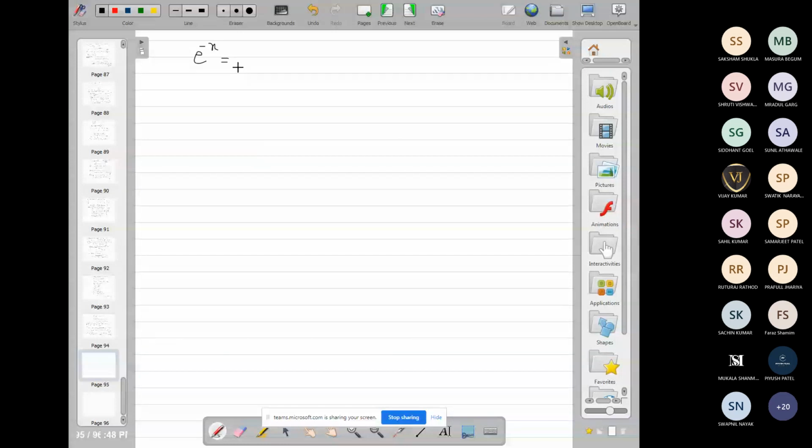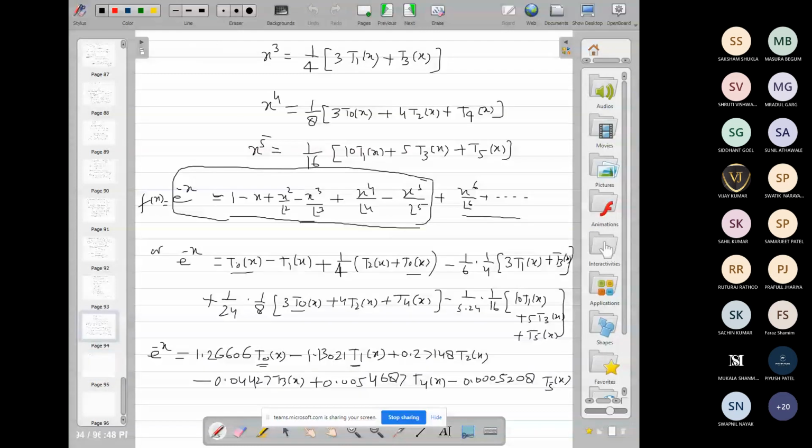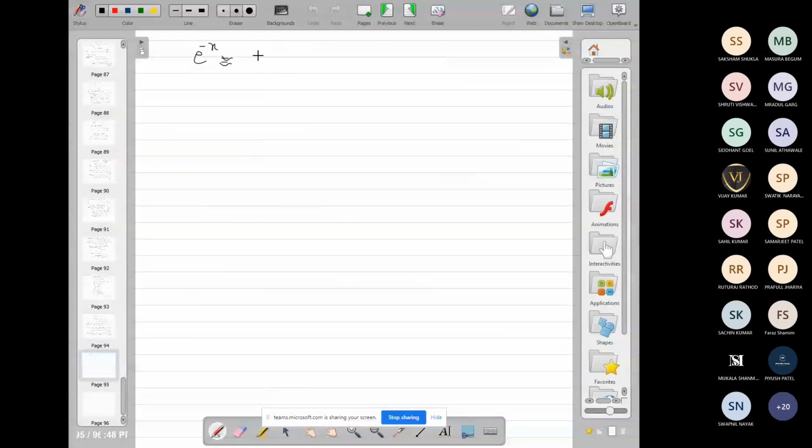So this is not exactly equal. Now it is an approximation. Here also it is an approximation. We consider only up to 6 terms, so it is an approximation. So then it becomes